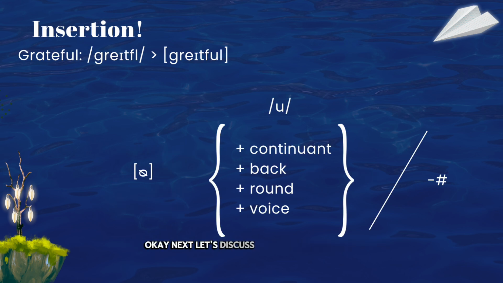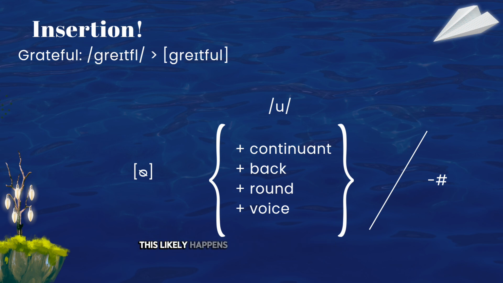Okay, next let's discuss the insertion process observed in the participant's speech. Insertion happens when a sound is added to a word, often to make pronunciation easier. In this case, the participant pronounced grateful as grateful, showing that the sound of U was inserted. The distinctive feature of U is plus continuum, plus back, plus round, and plus voice. My analysis found the unexpected insertion of the vowel U between the consonant F and L is an example of